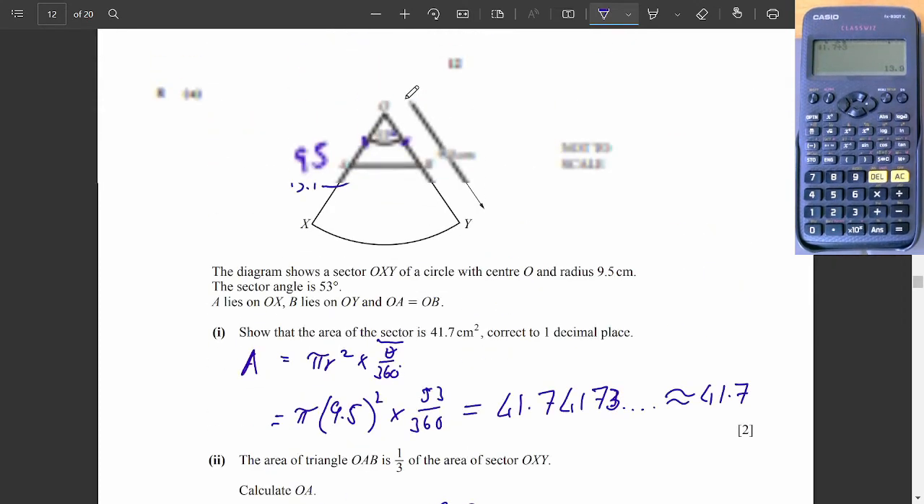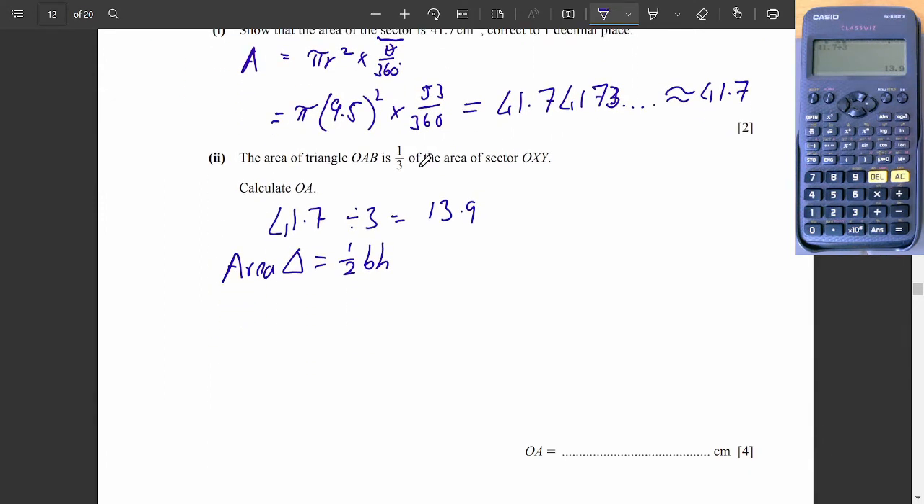Do we have the height of this triangle? No. Do we have the base? No. And there's another formula. We know it's half ab sin C. Now this might be more helpful. In this formula, which we're probably going to have to use, we have the area, which is 13.9,